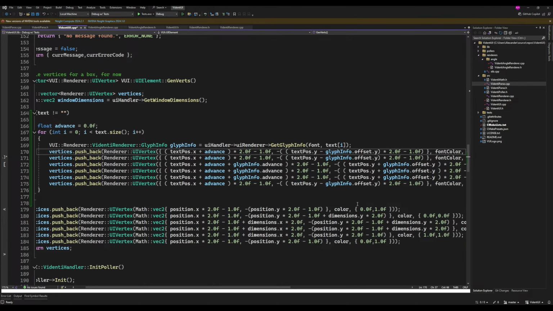See, the problem is that this glyph info.advance is how far it has to advance in the texture, not how many pixels it has to advance. So I think what I need to do is just save the glyph info as texture, and then